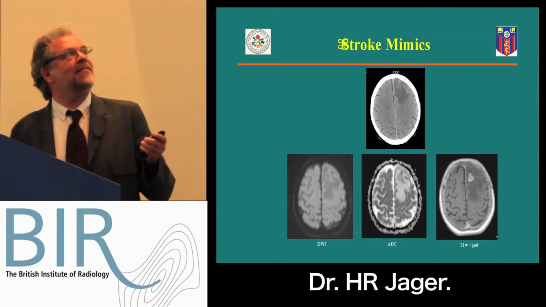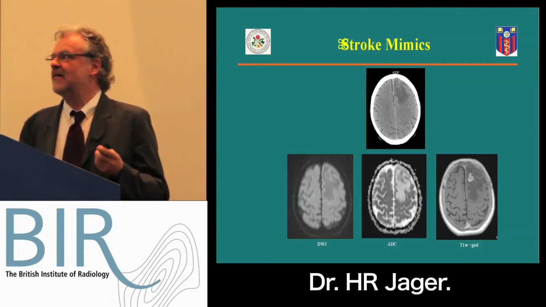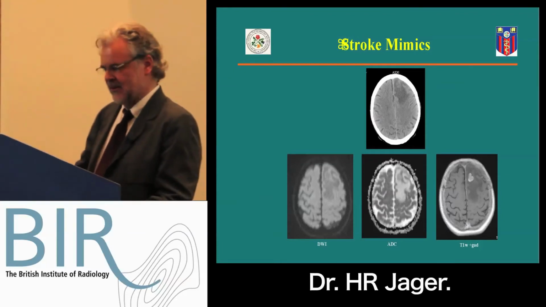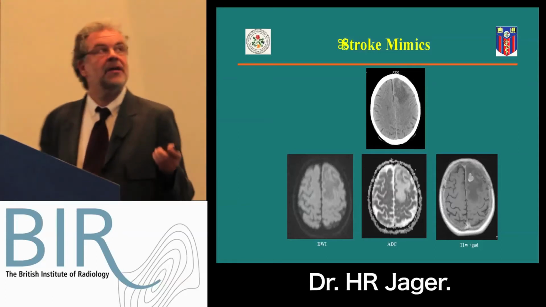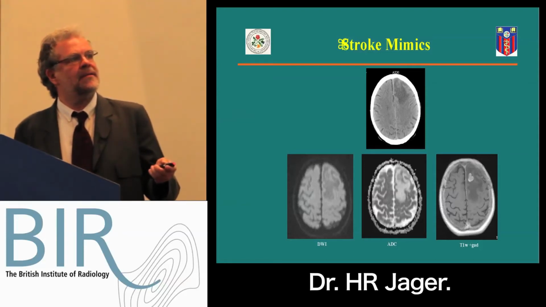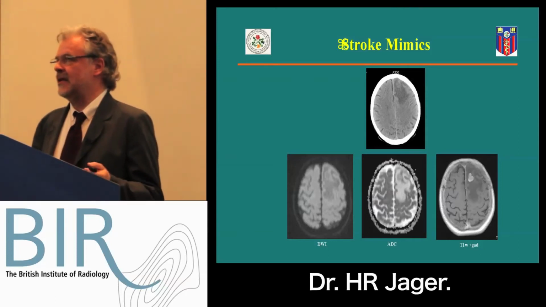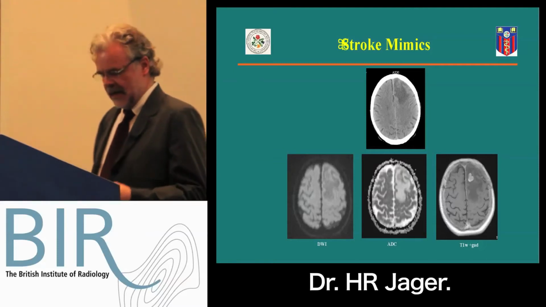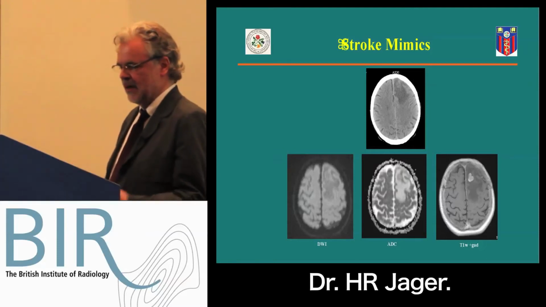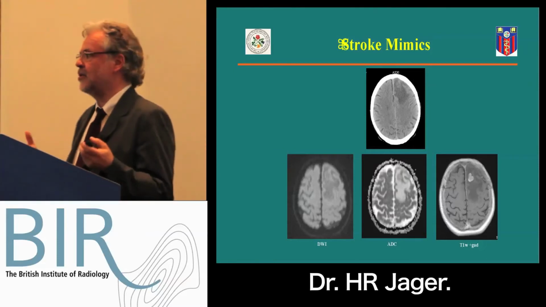Anyway, the clues are there's some low density, and it doesn't quite involve the cortex. Fine, it's probably not a stroke. If you do diffusion-weighted imaging, you know immediately, aha, the diffusion is dark, the ADC is bright, therefore it must be vasogenic edema and not cytotoxic edema. There must be an underlying tumor, an underlying infection, an underlying something, and this was a metastasis with an acute